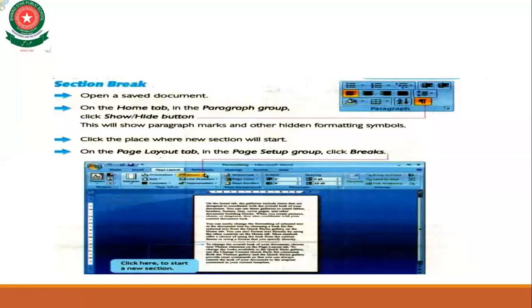So first of all you have to open the same document. Then on the home tab in the paragraph group, click the show hide button. After this, it will show the paragraph marks and other hidden formatting symbols. Now click the place where you want to start the new section. Then on the page layout tab in the page setup group, click breaks.